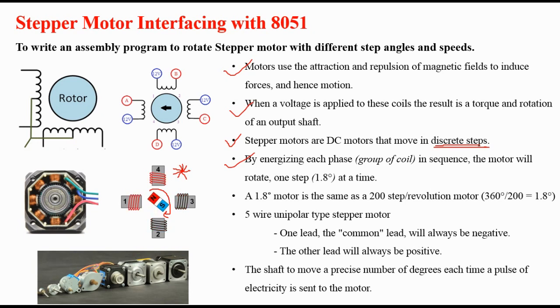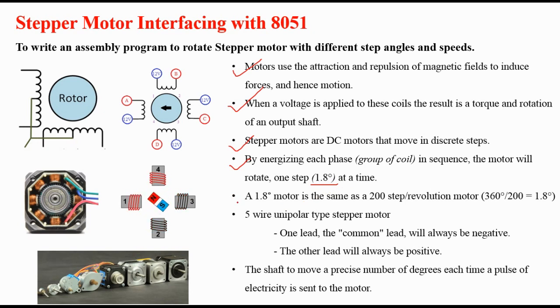Now here you may get confused that as per this diagram, the motor shaft is getting rotated in only 4 angles. You can see this shaft is rotating in 90 degree steps, right? Here we have shown 4 coils, whereas the actual internal construction of this motor is not like this. The actual internal structure of the stepper motor is something like this, which contains lots of coils within it. Just because of that, the motor will keep on rotating with 1.8 degrees at a time.